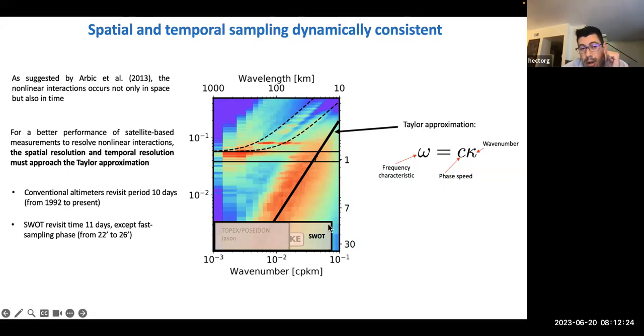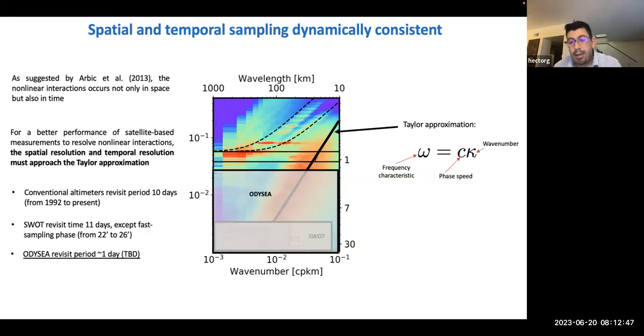Why? Because except for the fast sampling phase, the temporal sampling can be not appropriate. So this is something that we have to think about once we have the data. But during the fast sampling phase, I think we had a golden opportunity to assess this, to confirm what I'm just saying. Now, in terms of ODYSEA, the present design that Alex and Nestor and the team have in